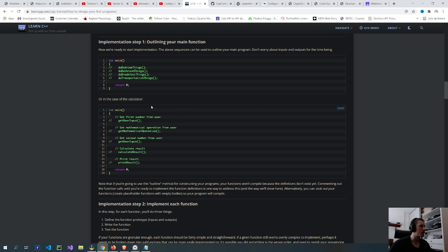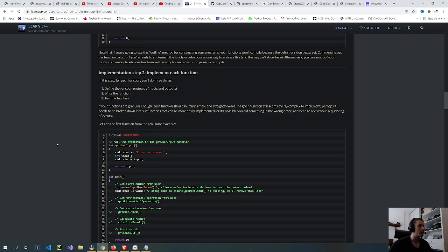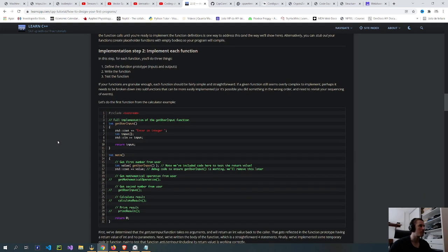Or in the case of the calculator. Note that if you're going to use this outline method for constructing your program, your functions won't compile because the definitions don't exist yet. Commenting out the function calls until you're ready to implement the function definition is one way to address this, the way shown here. Implementation function,